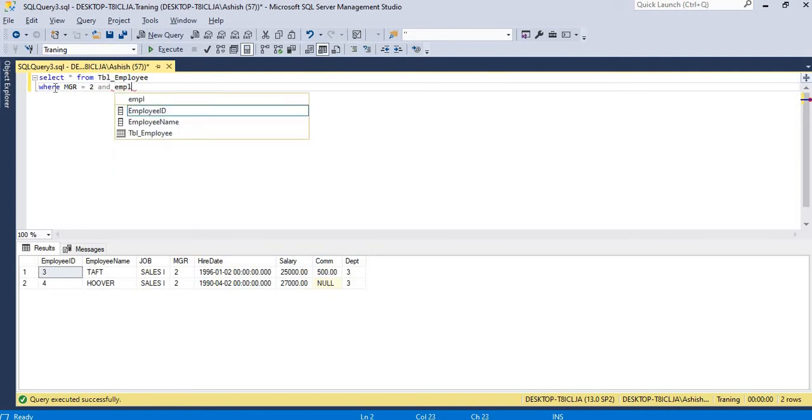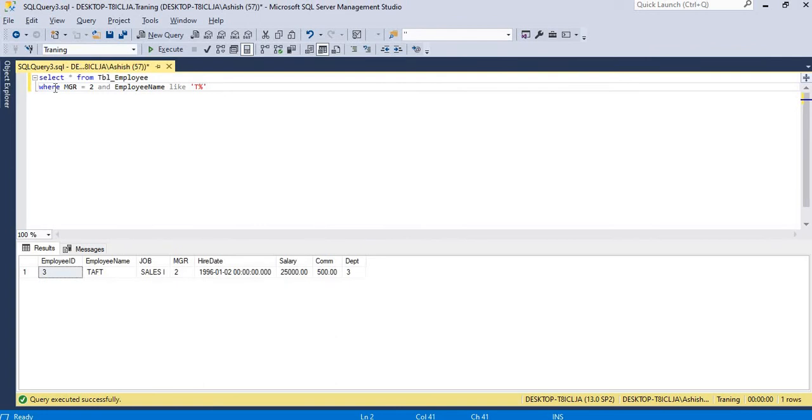So there we can use another condition, that is like, and we can see that wildcard operator. See, there is only one thing coming. In this, the AND condition, this is the first condition.